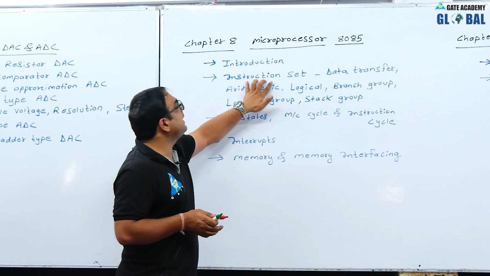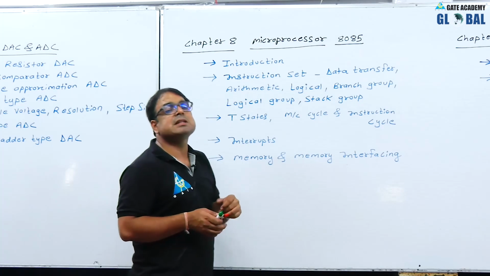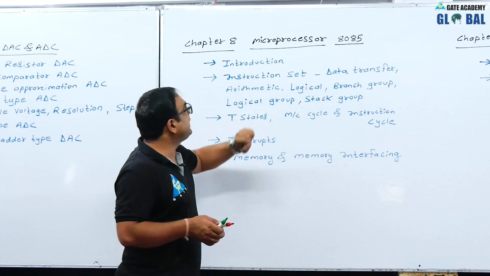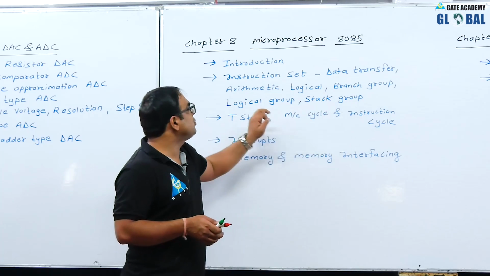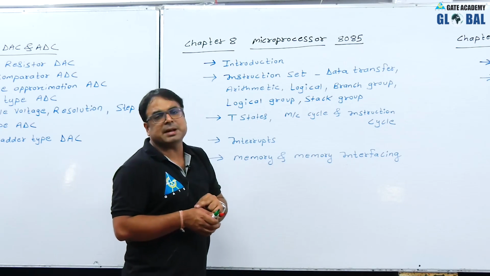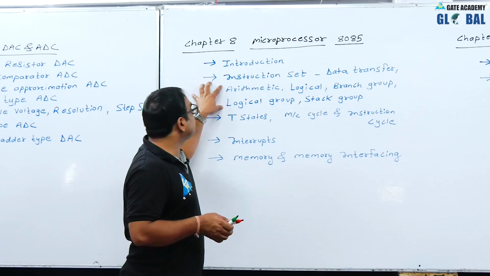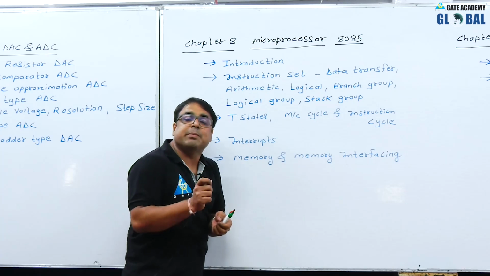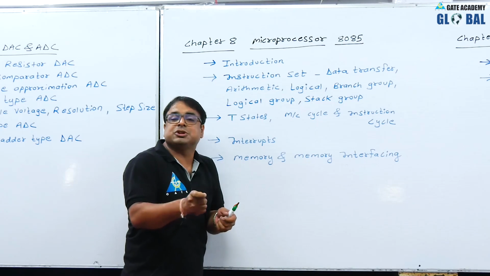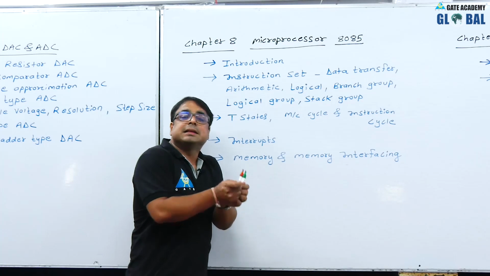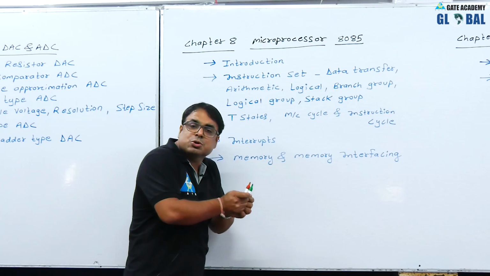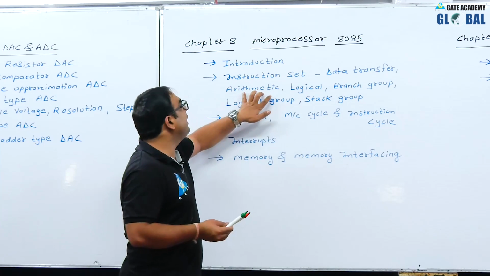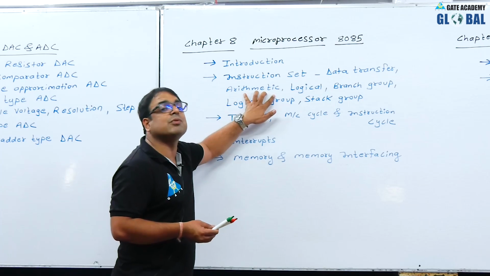Next we are going to discuss instruction set, in which we are going to discuss one by one in the form of groups. So first is data transfer group, arithmetic instructions, logical, branch, and stack group instructions. After discussing the instructions, we are going to see all the details one by one, what all instructions operation is to be performed, then how much is the space required to store an instruction in the microprocessor, and all the details. So in this we are going to discuss about the spacing also, how many bytes of instruction it is.